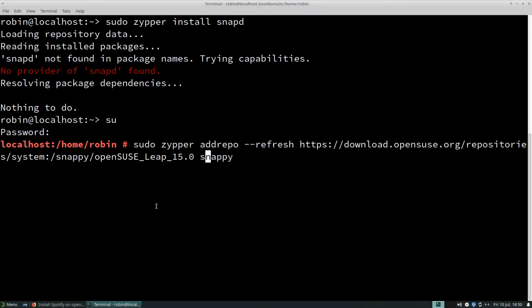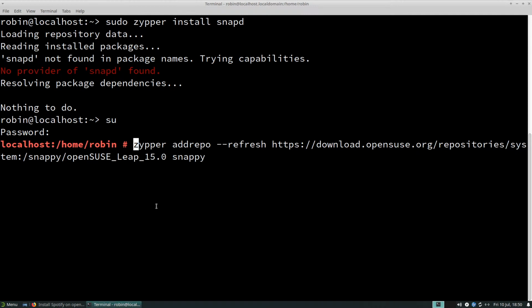But on some websites you go to, you see commands listed that don't put sudo in front of the commands they want you to copy and paste. As I'm now logged in as the super user, I don't need sudo in front of that. But if you find commands missing sudo, then either you log in as the super user or you put sudo in front of it. It just means you're going to get prompted for your password each time you want to install a package. So I'm now going to add the repository for snapd before we get around to installing Spotify. So now press enter,